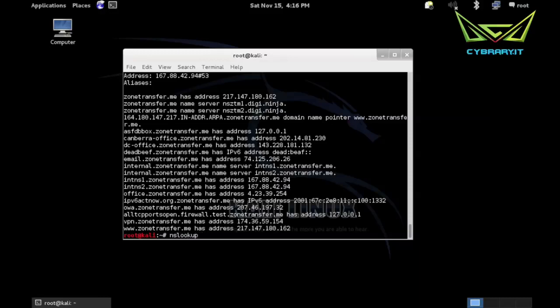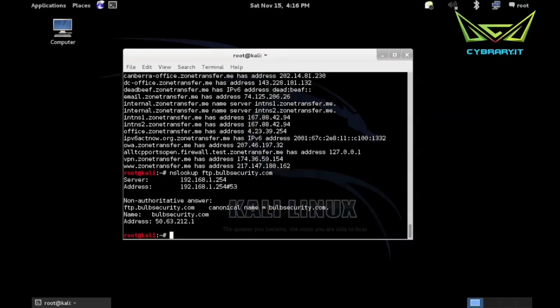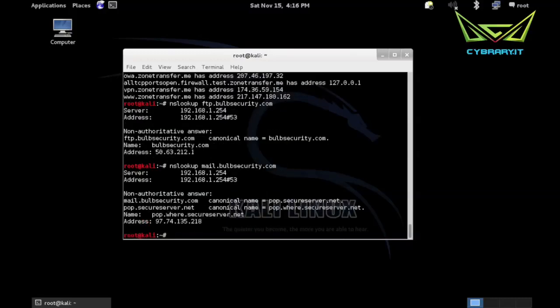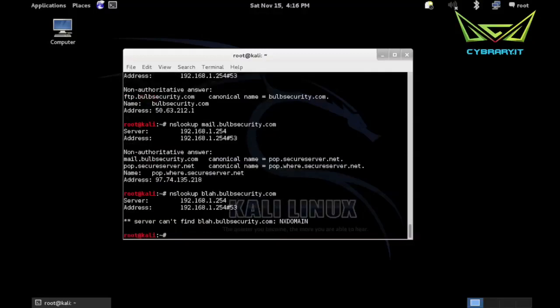how about NS lookup, say ftp.bulbsecurity.com. Well, there is an ftp.bulbsecurity.com. What about mail.bulbsecurity.com? Okay, it looks like it at least goes somewhere. How about blah.bulbsecurity.com? Nothing there, so we could just go through every possible domain name we could think of, or we could,